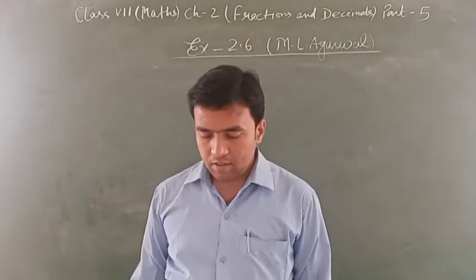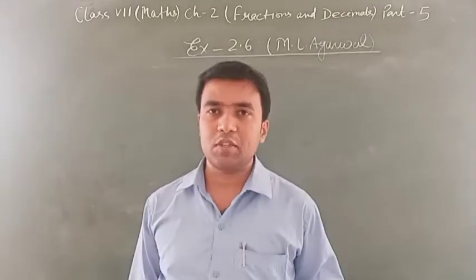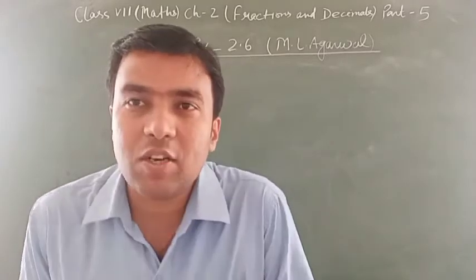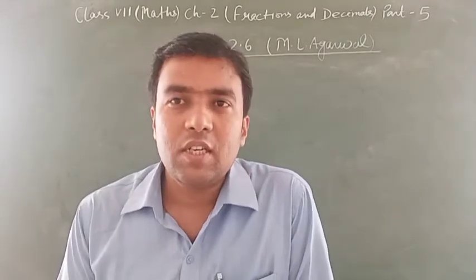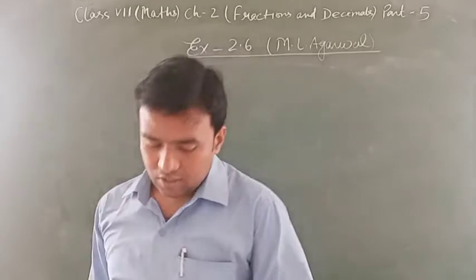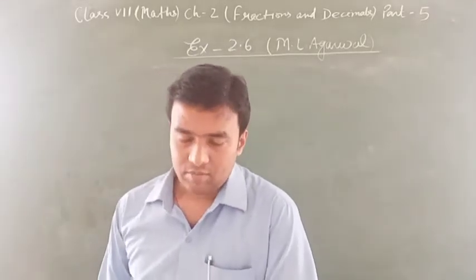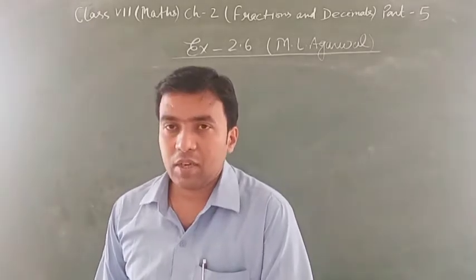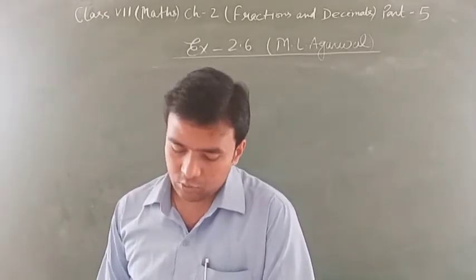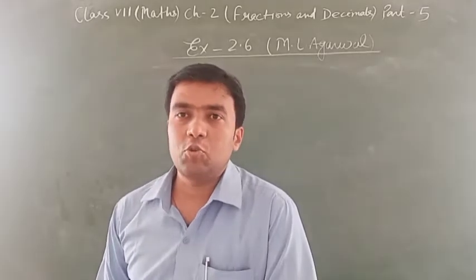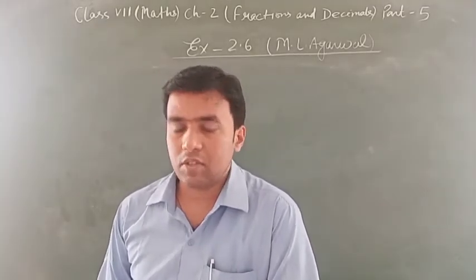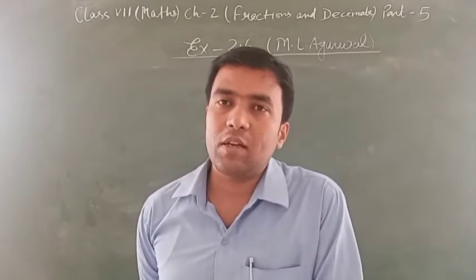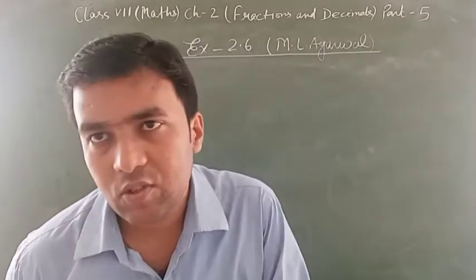Exercise 2.6. First question, find the following. In the first question, multiplication is given. Like question numbers in 2.6 and 2.7, I told you in NCERT, that type of question. Question number 2 is also division. Question number 3, multiply each of the following numbers by 10, 100 and 1000. In each part you will do multiplication. Third one is 5.9. In 5.9 first you will multiply by 10. You will get a different answer.